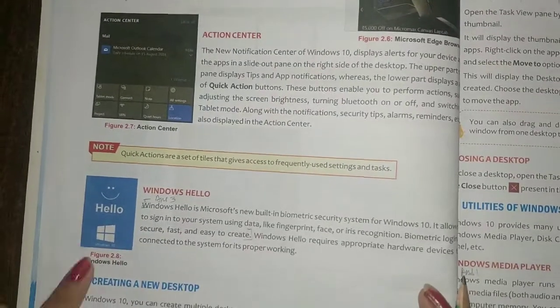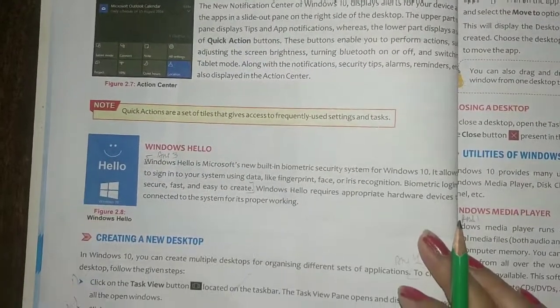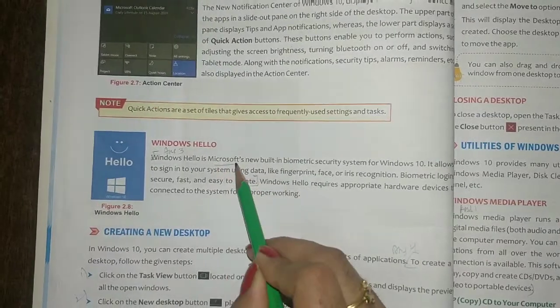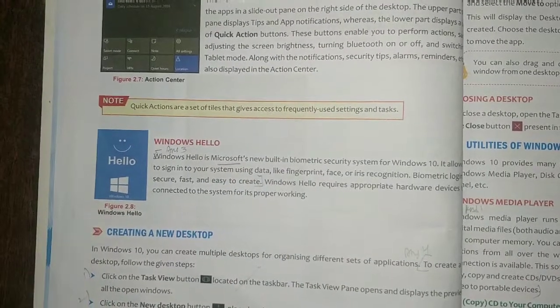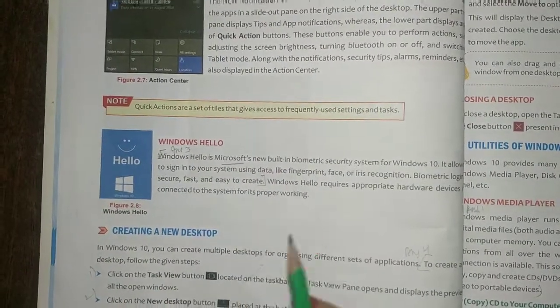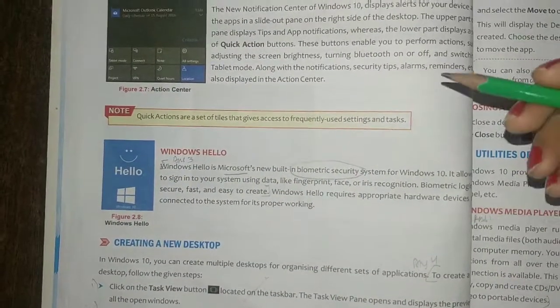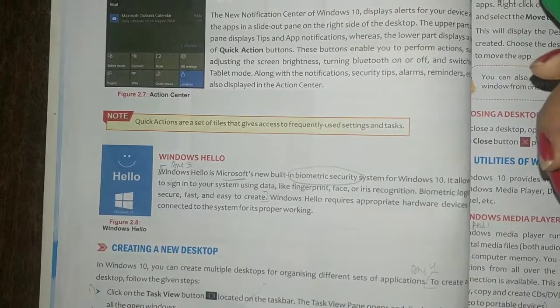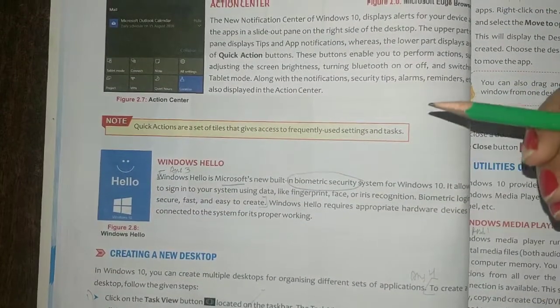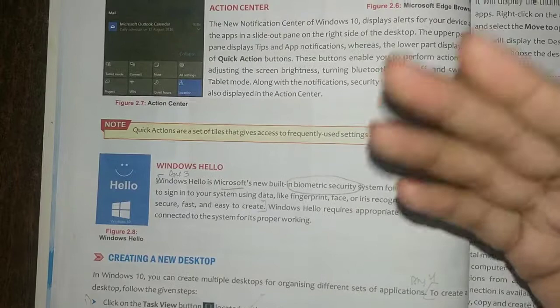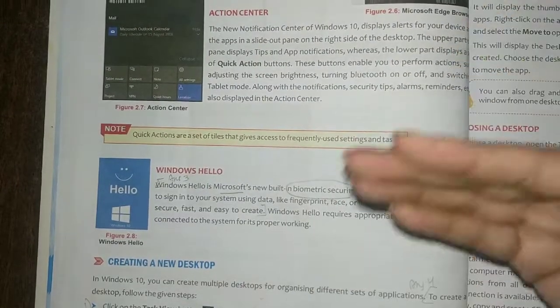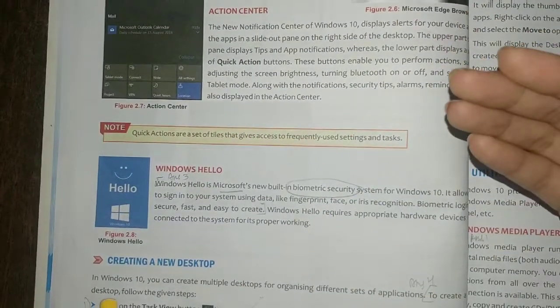Now next, one of the important Microsoft-built apps is Windows Hello. It is for biometric security, meaning when you open your laptop, the camera compatibility, like nowadays in mobiles face recognition is coming.